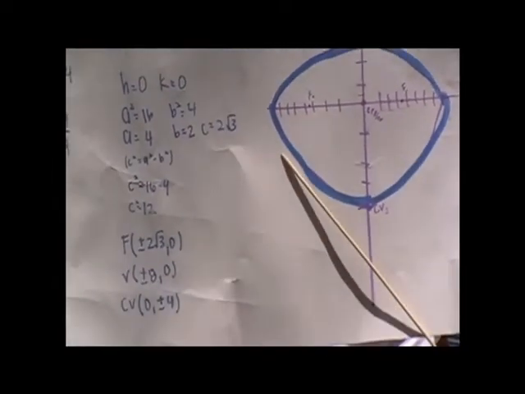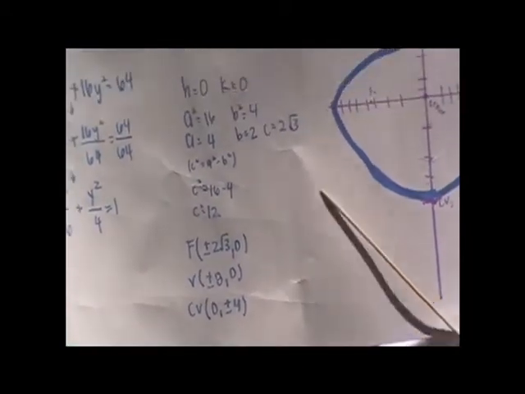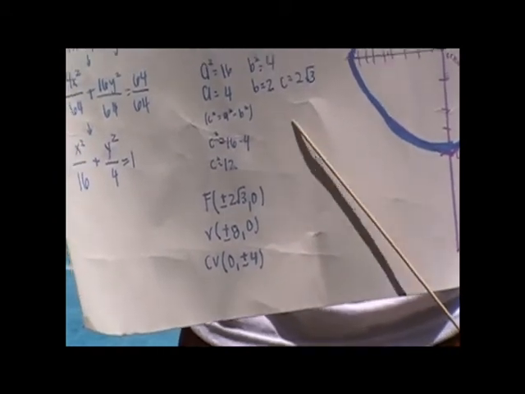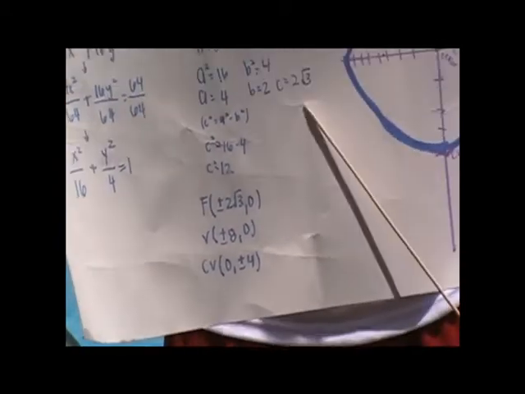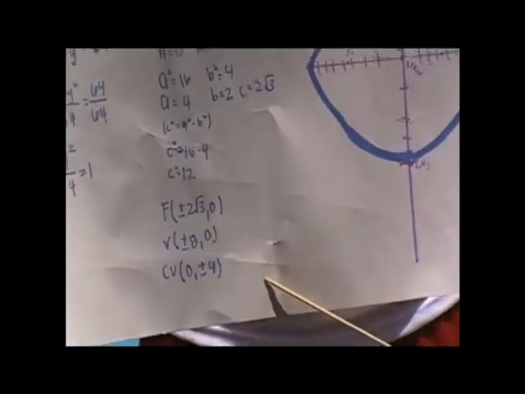You gotta find your focus. Vertices and co-vertices. But don't worry, it's easy as A, B, C. Focus is plus or minus square root of C. Which gives you plus or minus 2 square root of 3. 3. Hey. Hey. The vertice is plus or minus A. Hey. Which gives you plus or minus A. Hey. The co-vertices is plus or minus B. B. Which